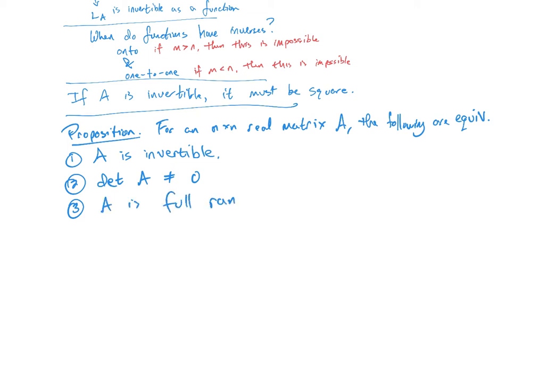I like just calling that full rank. There's a lot more. You can keep going. I mean, some of these you'll argue are very similar to other ones on the list, but